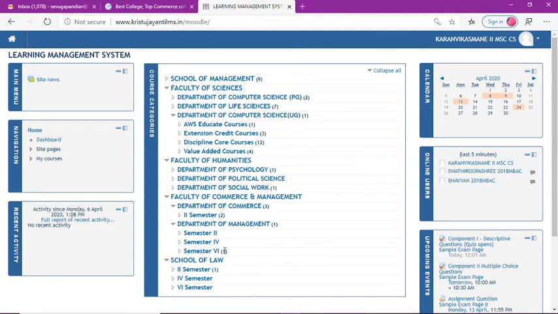Okay, so your dashboard will be looking like this, and we will be giving you all the examination links over here. Based on your department and which year you belong to, whether you are in the second semester or in the fourth semester, you have to select accordingly. So for the example to explain to you, I have created a few examinations here in Department of Computer Science PG. So let me click over here.